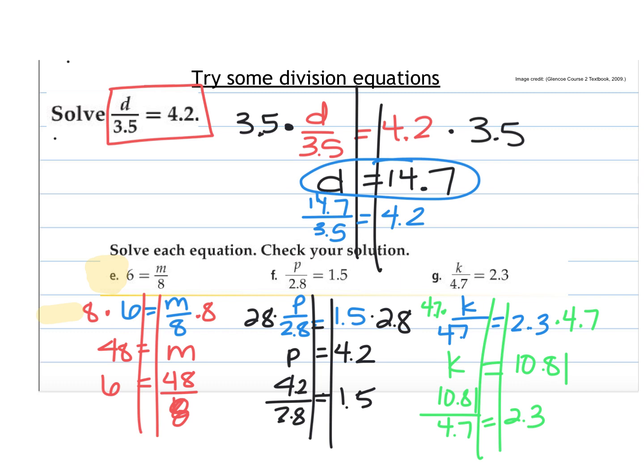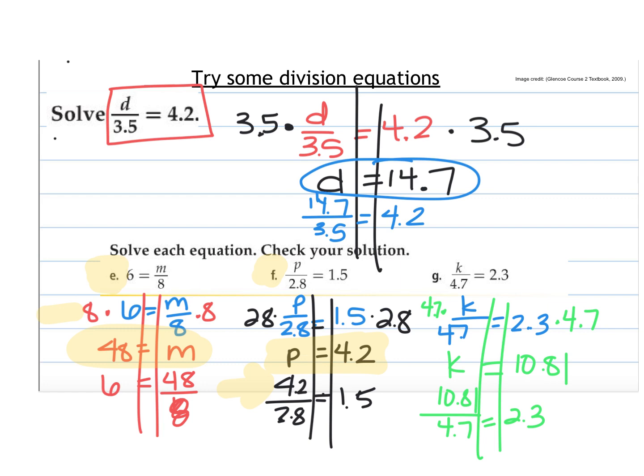I checked it by putting 48 into M, and I realized that it does check, so my answer then would be M equals 48. For F, P is being divided by 2.8, so I'm going to multiply both sides by 2.8, and I get P equals 4 2/10. Then I put that back into my equation to check it, and it works,